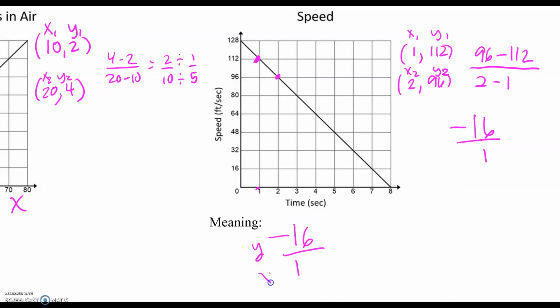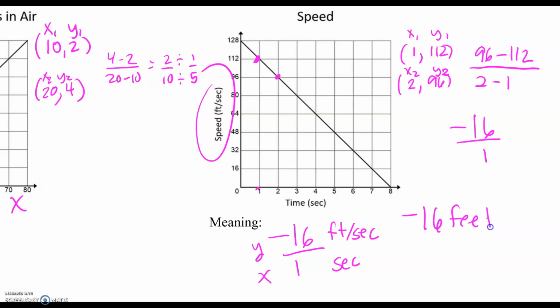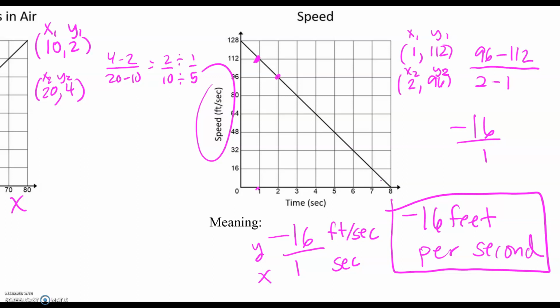This is y, this is x. So the y is feet per second over seconds. So this is negative 16 feet per second. I guess it's maybe something is falling from the air or something and it's going 16 feet per second. And it's decreasing because it was coming from somewhere higher up. Coming from, oh, maybe